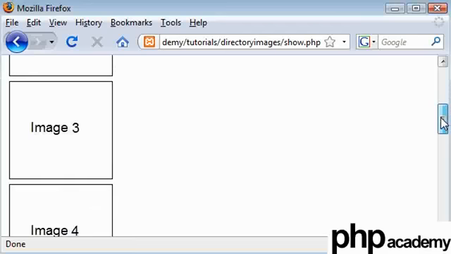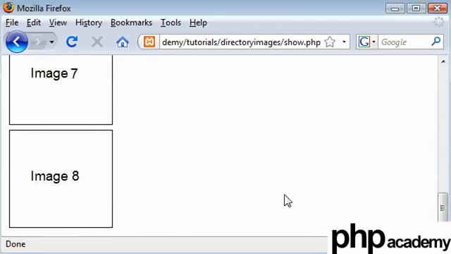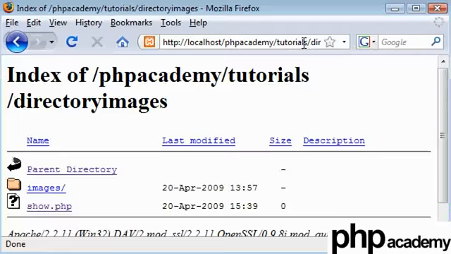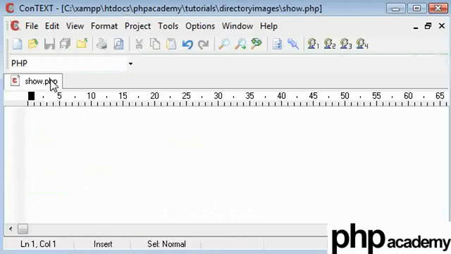I've created 8 images and they're just basically going to be listed down a page. These are all separate images here. Okay, and let me just show you. I've set up my directory structure like this. I've got my show.php file, which is the one we're going to be working with here,